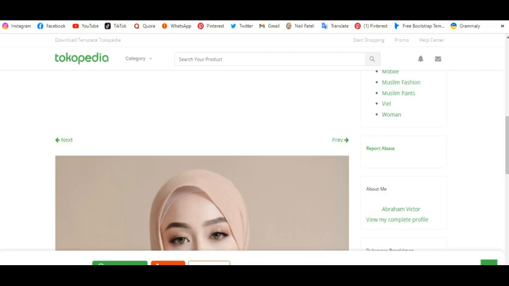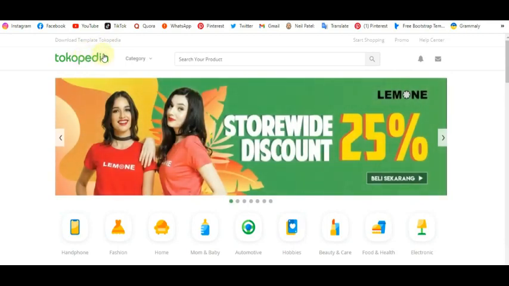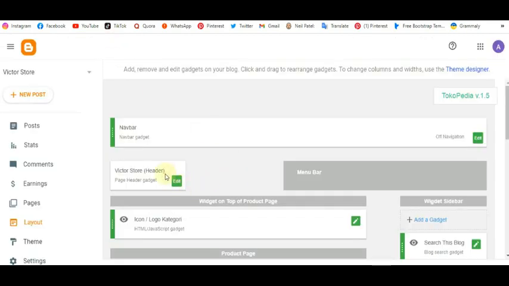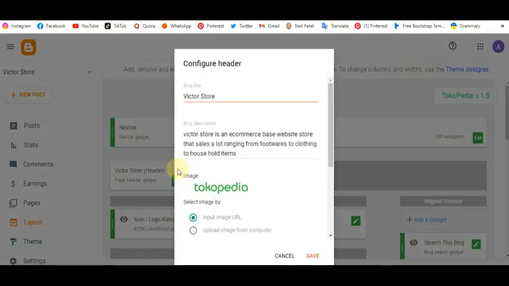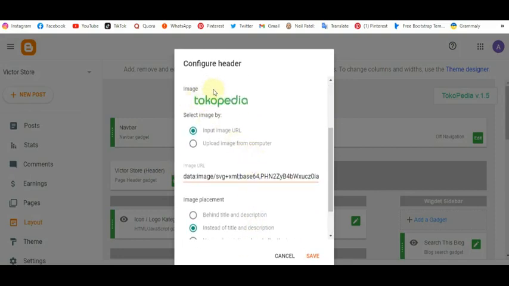Let's go back to the home page. You want to remove this logo and put in your own logo. This logo, Tokopedia, you want to remove it. How do you do that? Come up here, click on edit. This is the image they currently use. So how do you create an image for your own website? Let's go to